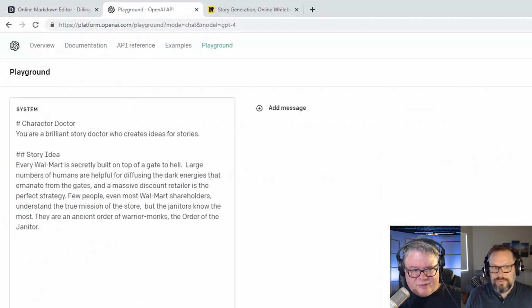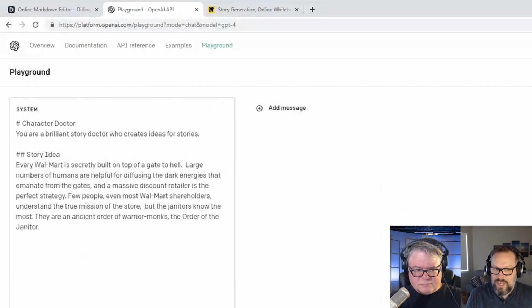So is GPT going to read this character and the story idea, or are you going to use these as prompts? What I'm going to do is take this prompt that we've created, which we'll look at more carefully right now. Okay. And this tells it about the story and who it is. So this is something that when you use ChatGPT directly, you can definitely tell it who it is. But the system prompt, as far as I know, is defined ultimately by OpenAI, and you don't ever get to actually change it.